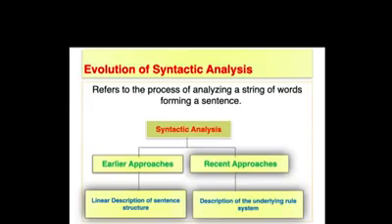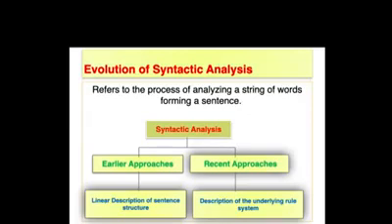When we look at syntactic analysis, historically it has developed through time. I'm not going to go into detail into this literature, but what has been said is that there have been two different approaches or ways to analyze sentences,